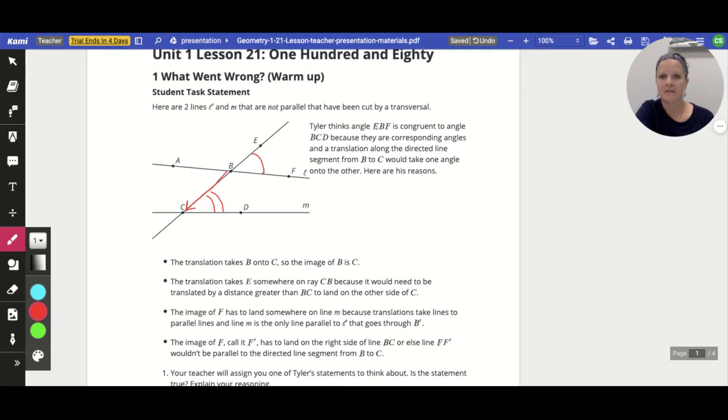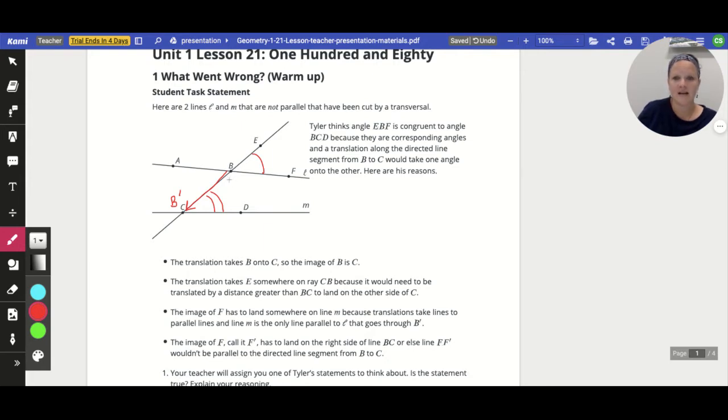The translation takes B onto C, which is true. So the image of B is C. So really I could write a B prime there. The translation takes E somewhere on ray CB, because the translation takes lines parallel, because it would need to be translated by a distance greater than BC to land on the other side of